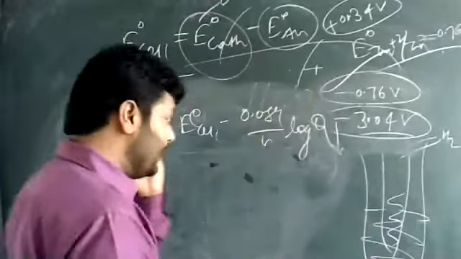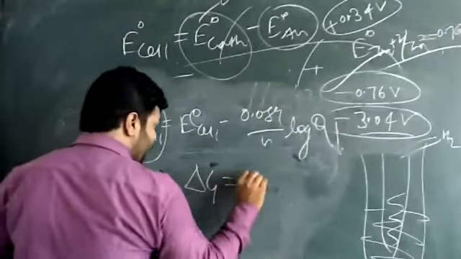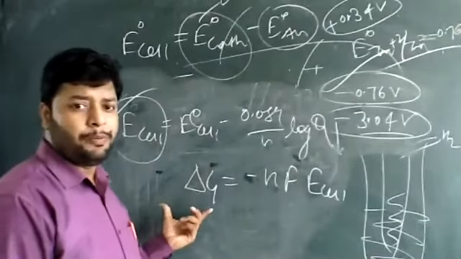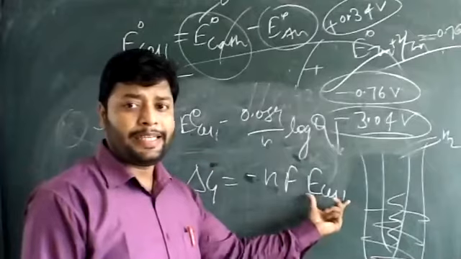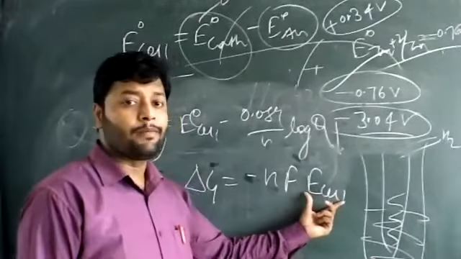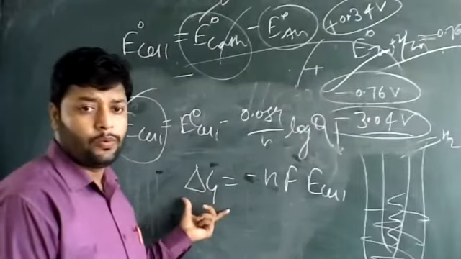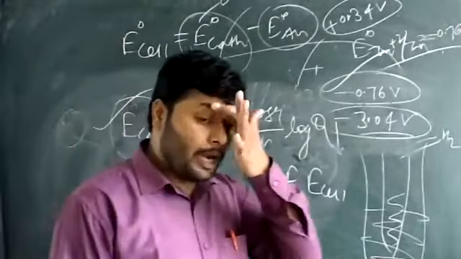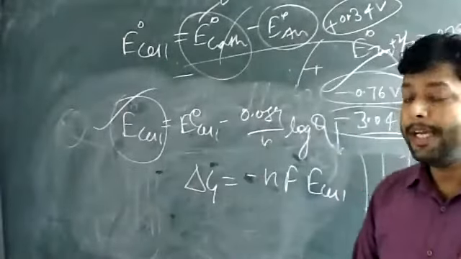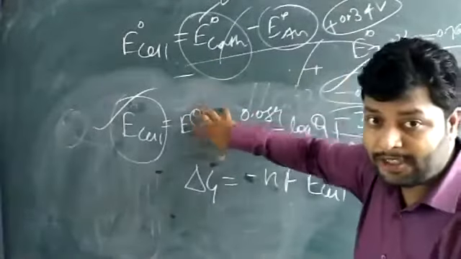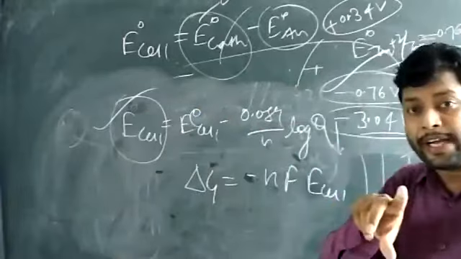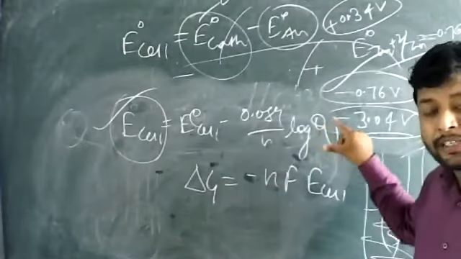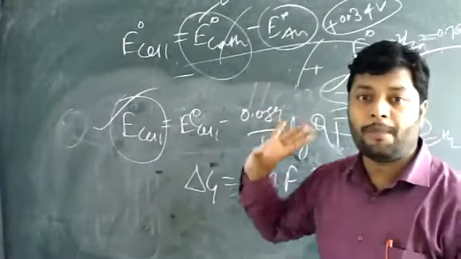The same formula can be used to find delta G, which is related to the cell energy. The Gibbs free energy can be solved if we are having E cell. If we are having E cell, we can calculate the delta G value. You can see here. This is all about how to calculate. The thing is, if we know how to use E naught cell, how to get the value of n, and how to write the value of Q, then only you can get the value of E cell.